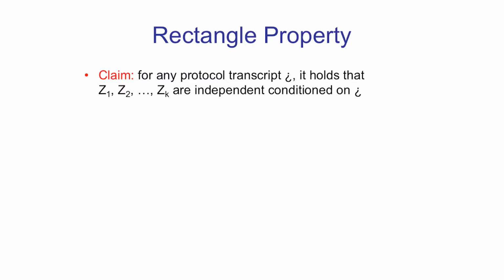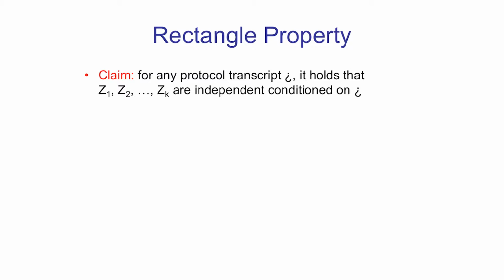These bits z1 through zk started off as being independent and uniform. Then we ran this protocol, and we got some transcript. Now we look at the transcript, and we look at the set of inputs that could have gone to that transcript. And the claim is that these bits are still independent,